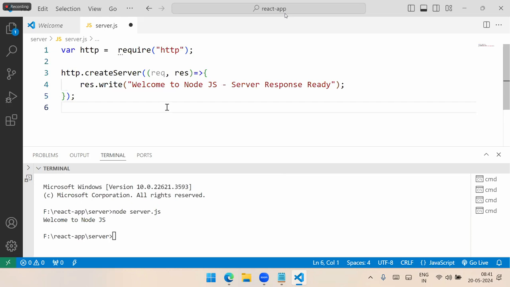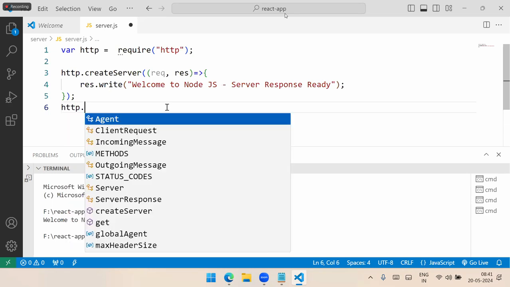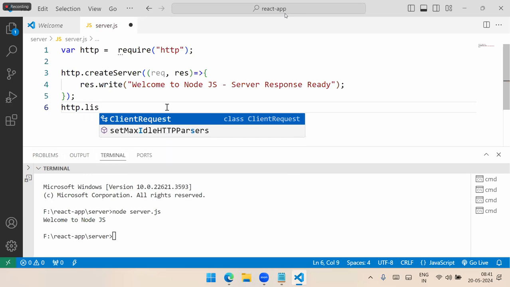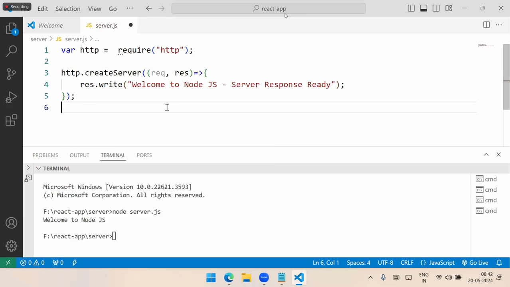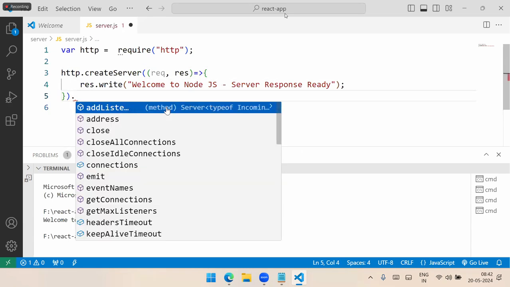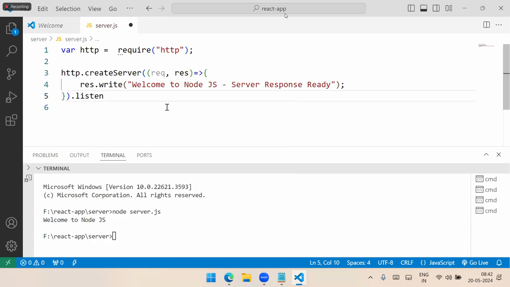Now, you created a server, but after creating the server it needs to be started. Already you saw the MongoDB server. Without starting, how can you use it? You have to start the server. And starting the server is nothing but we have a listen option. That means this server is created, so after the server is created, it has to use listen. Server